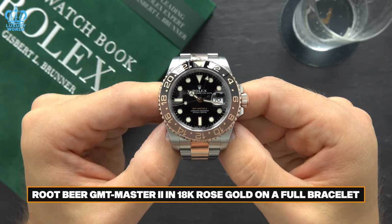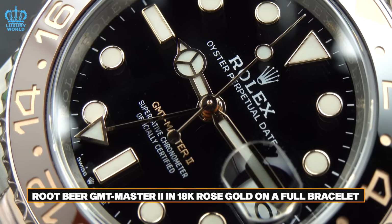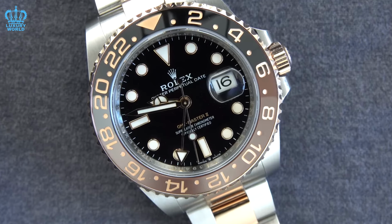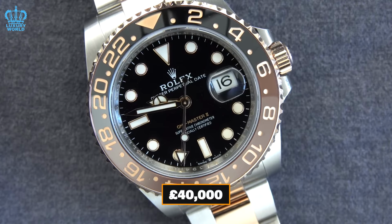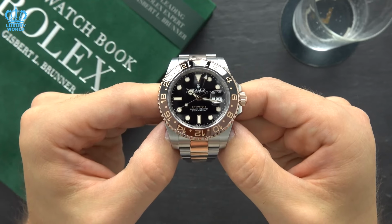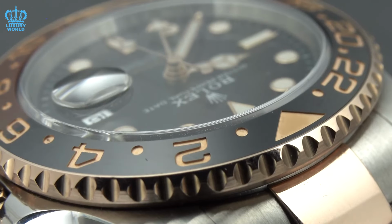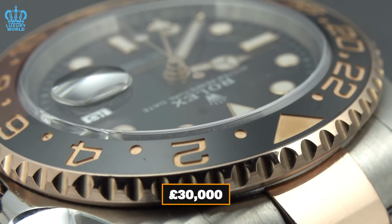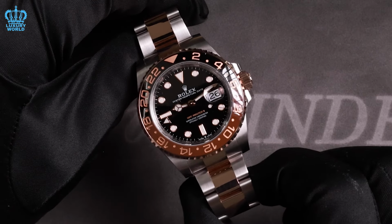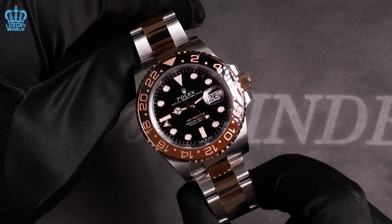The Root Beer GMT-Master 2 in 18K rose gold on a full bracelet is another stunning watch that unfortunately does not justify its Rolex retail price. Priced at nearly £40,000 in 2025, this model rarely receives purchase requests due to shifting market dynamics. On the secondary market, the Root Beer can be acquired for around £30,000, reflecting a 15% to 20% discount. Dealers remain hesitant to stock this watch due to sluggish demand, further highlighting why purchasing it from an AD results